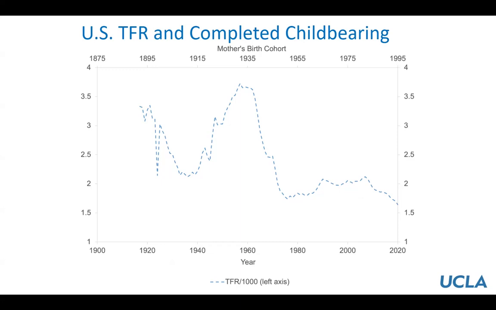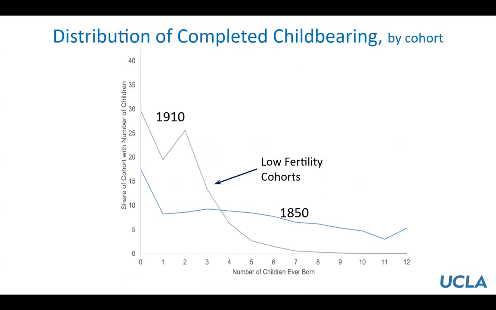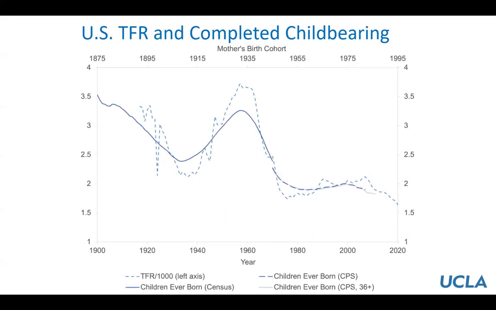And what we do to look at completed childbearing is we limit the sample to women who are ages 40 and older, up to age 70. You can do some age adjustment. There's all sorts of other things under the hood that I'm not going to talk at length about. And you can do this then by cohort. So what I've done here is, this is the height of the baby boom, which is right around 1960. And this corresponds to women who were born in about 1935, having a very high, above 3,